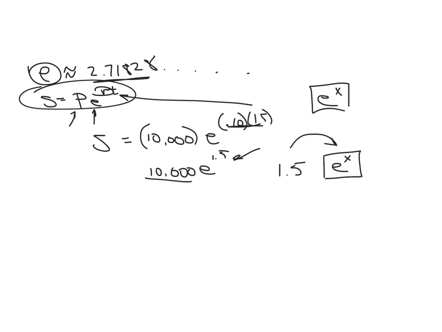My calculator has a button that says LN, and then there's an e to the x above, so you have to hit the function or the shift button in order to get to that key up there. But anyway, that's the way you do that. And you should end up with $44,816.89,